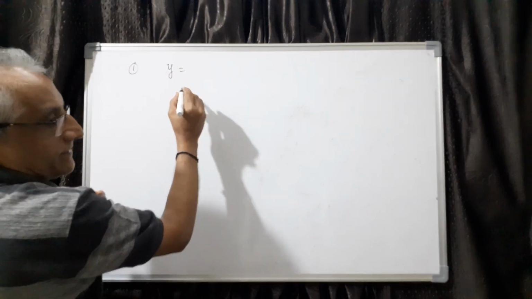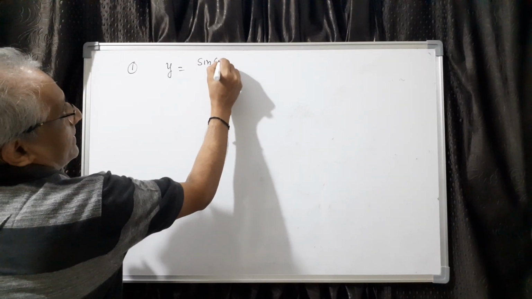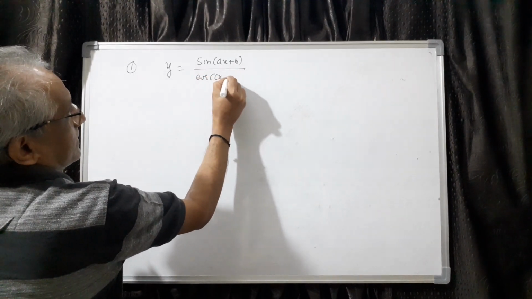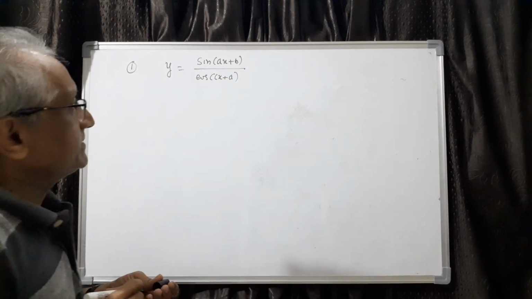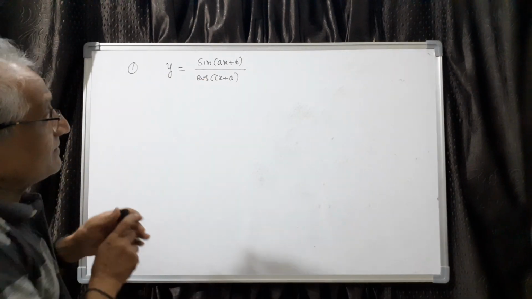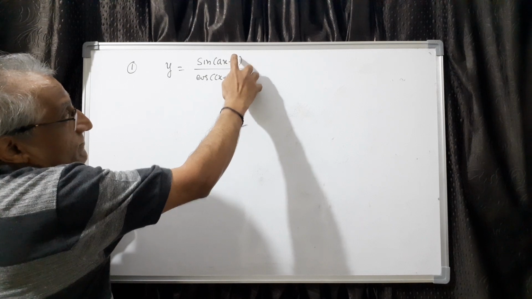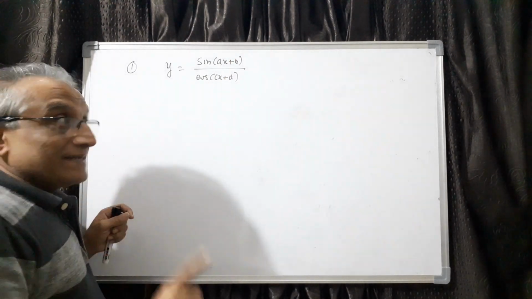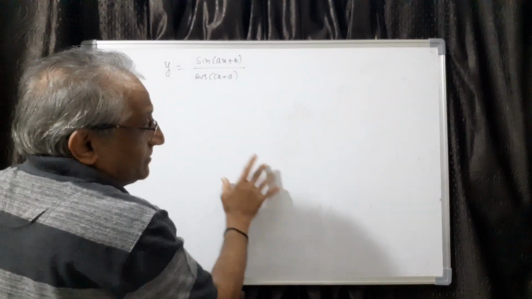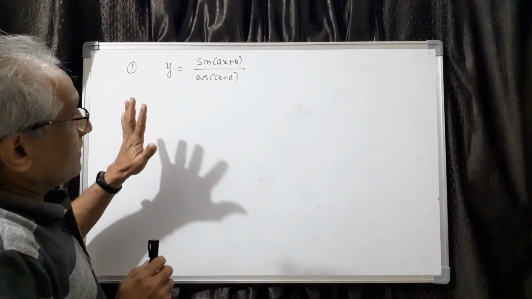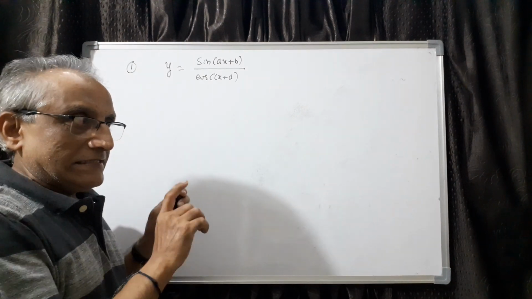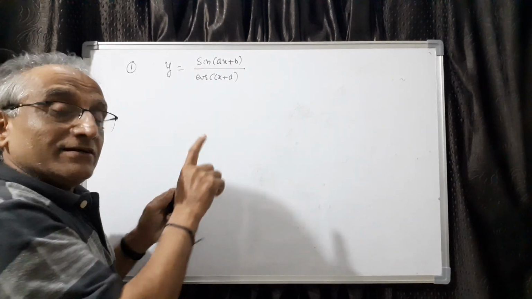y equal to, say, sine of ax plus b divided by cos of cx plus d. How to do this question now? See here, the function itself is quotient, so it is something like f of x by g of x. That's one thing. Second one is this is also composite function, this is also composite function. So whenever you are doing this one thing which you can do is you have to write step by step and do it. Second one is, let me also show you, there is a shortcut method of doing this one, but you have to practice.